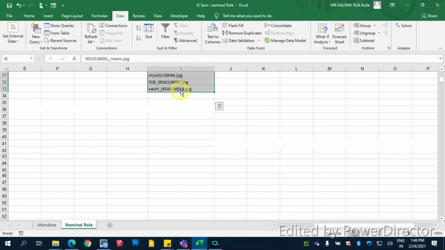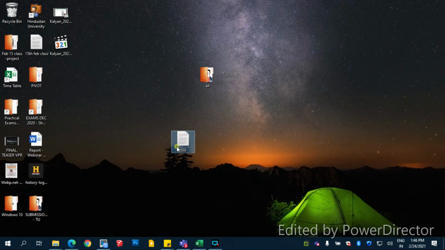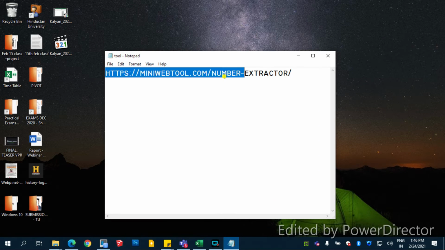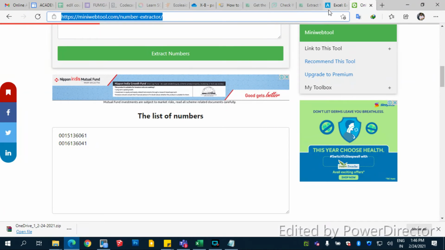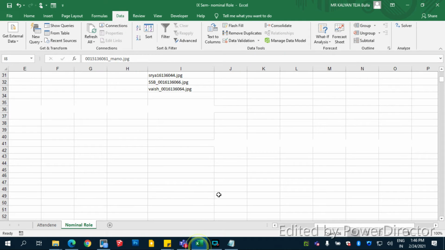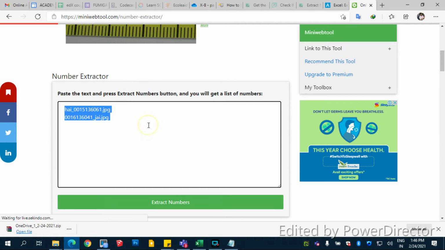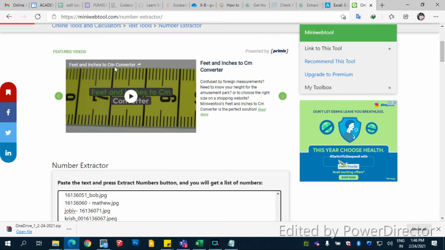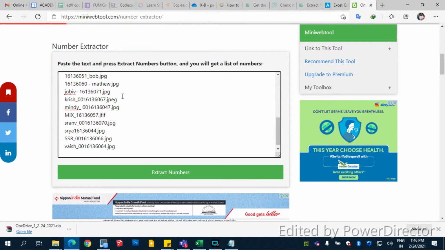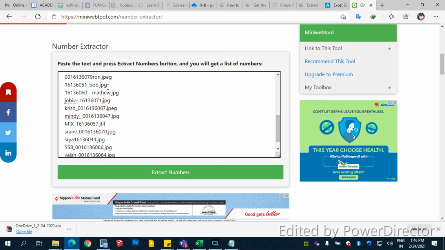You can copy the data, and there is this tool which makes your job easy. The link redirects you to this number extractor. What this tool does is it extracts the numbers from the given text.